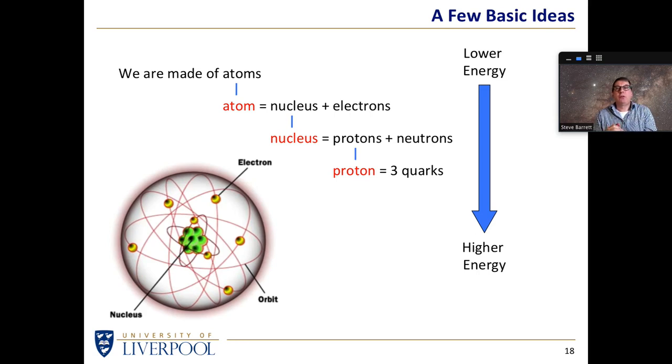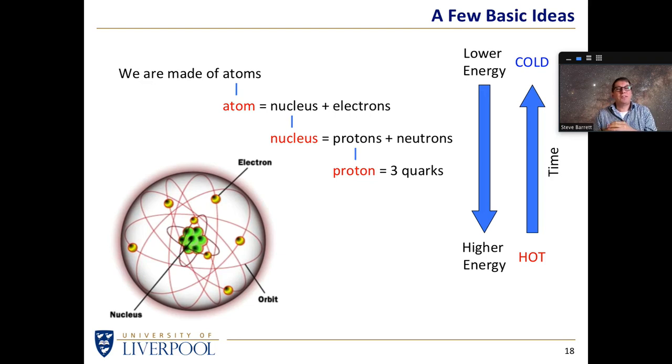But remember, the universe starts out in a very hot state and is expanding according to our observations of what galaxies are doing. And because the universe is expanding, as you would expect for any gas, for instance, as it expands, it cools. So although it's low energy at the top and high energy at the bottom, that's not the order in which things are made, because the universe starts off hot and ends up cold. And to a physicist, low energy is cold and high energy is hot. Hot is just a way of saying all the particles that we're talking about have got a lot of energy. Or if it's cold, all the particles we're talking about have a relatively small amount of energy.